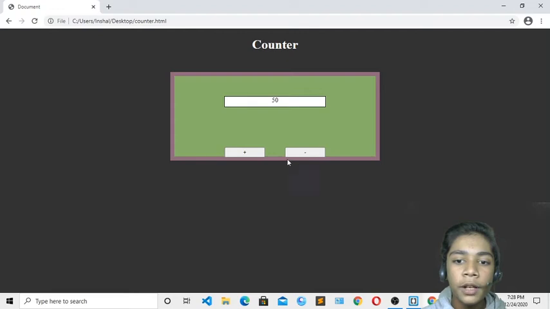Now when I press this minus, my number will decrease, and it will go into minus values. I press that, and you can see it is going into minus value. When I click that, or you can also press enter, it also goes into minus value. You can't erase from here; you just have to do it like that. If you press enter, your number will keep going forward.